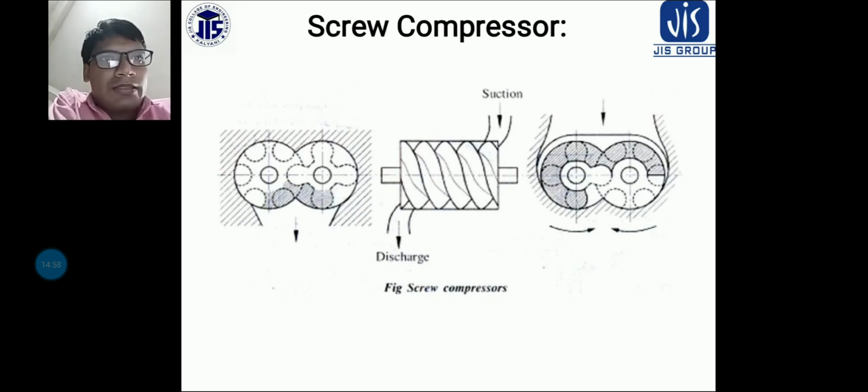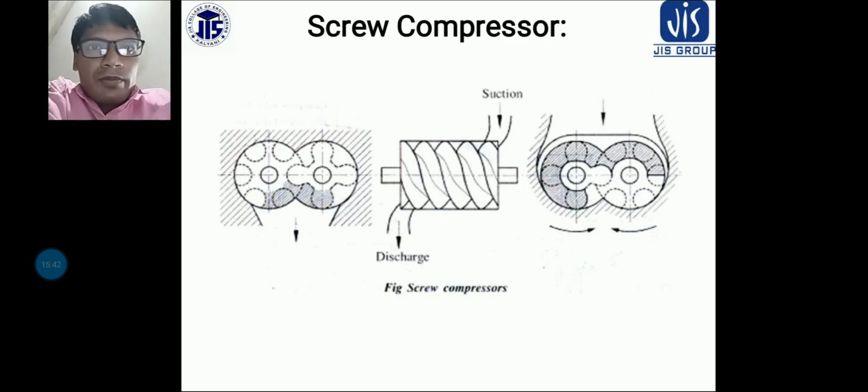As the rotor turns, the gas is drawn through the inlet opening to fill the space between the male lobe and female flute. As the rotor continues to rotate, the gas is moved past the suction port and sealed in the interlobe space. The gas so trapped in the interlobe space is moved both axially and radially and is compressed by direct volume reduction